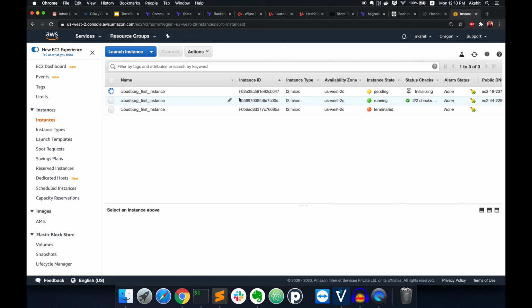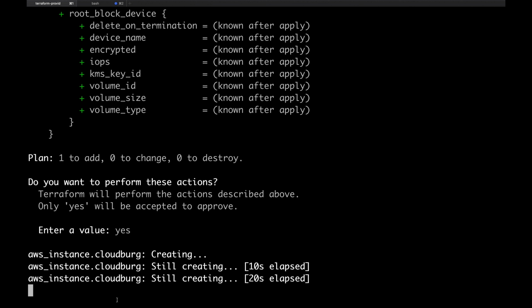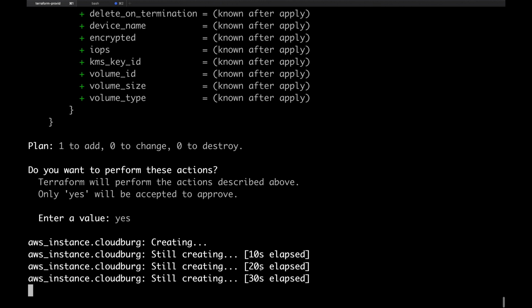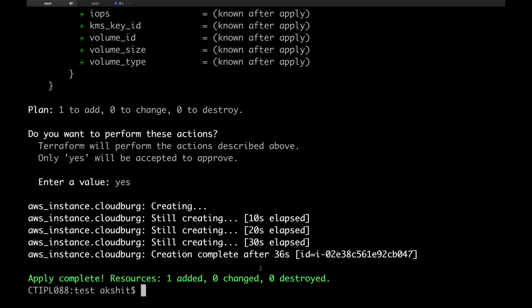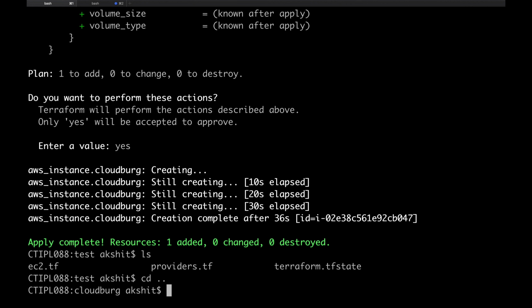Yeah, it is creating one instance, but it should not have created this instance as we have already created it. After this instance is created, there will be one Terraform state for this particular folder. So it is not a good approach; we cannot create state separately for different directories. The solution here is we can create one file, say backend.tf.